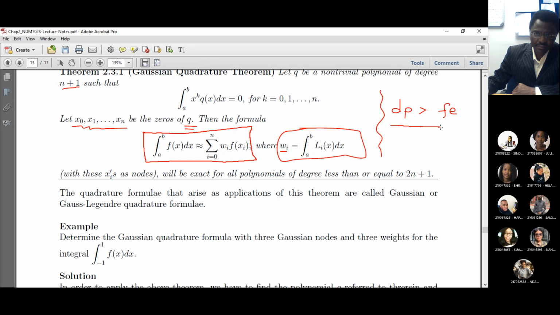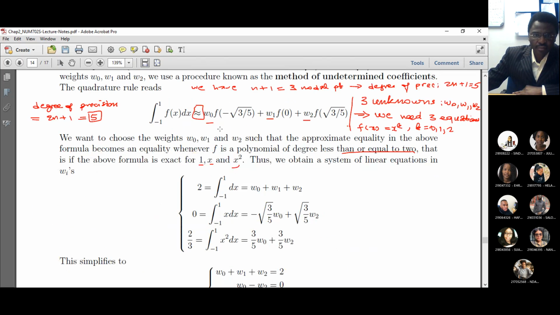Previously we saw that it is less than or equal to the number of function evaluations. But here with the Gaussian formula, the degree of precision is almost double. Okay, so that is just a recall of what